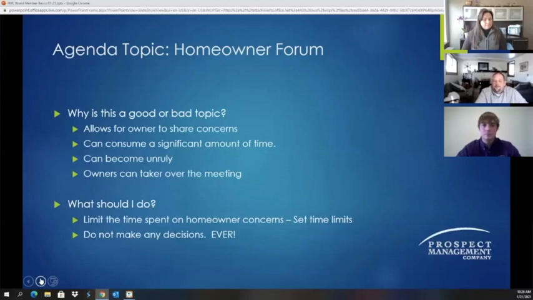And then finally, never make decisions off of whatever they're asking you to do, because that homeowner is asking you to make a decision that you're not necessarily prepared to make, nor has research been done on what they're asking you to do. So the best thing to say is thank you, and we'll look into it and we'll get back to you via email or a phone call.